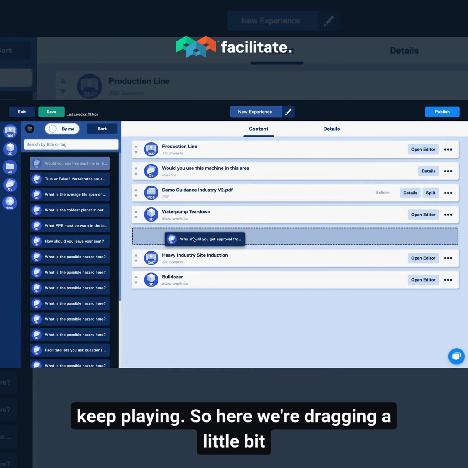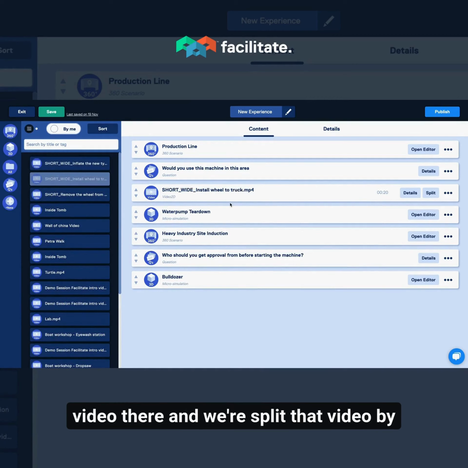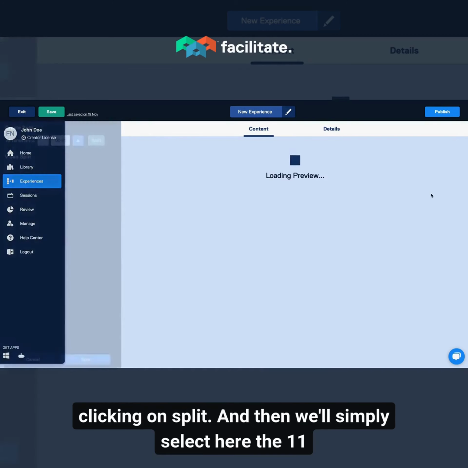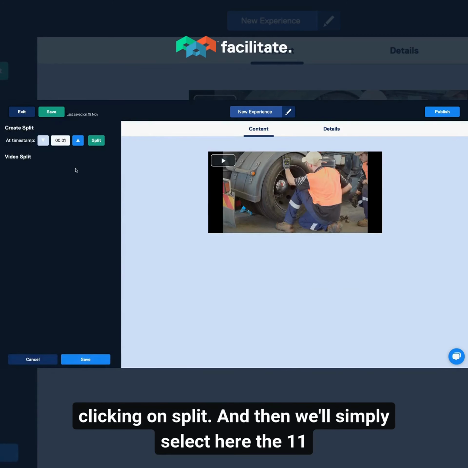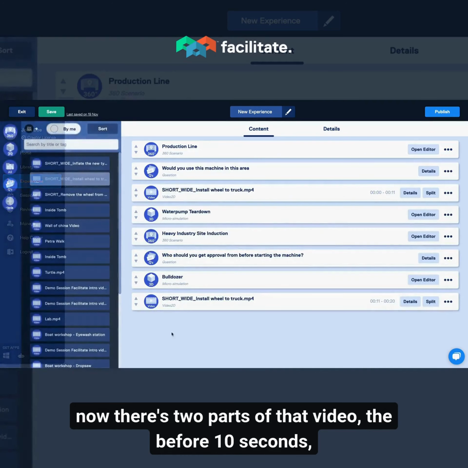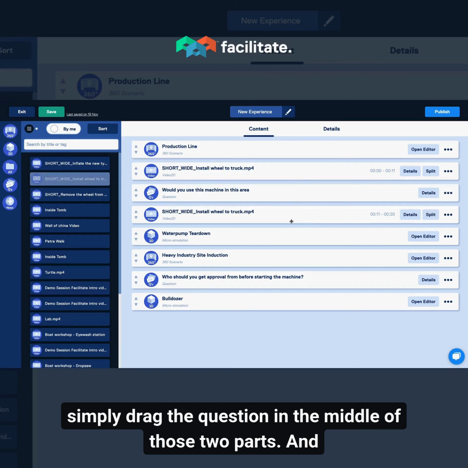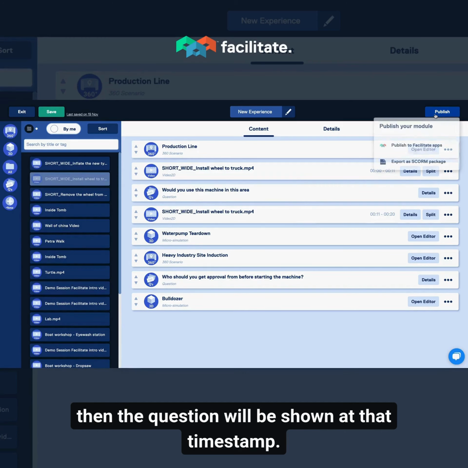So we'll see here we dragged in a little bit of content into this experience, and now we've got a video there, and we're going to split that video by clicking on split, and then we'll simply select here the 11-second mark, and we'll click split. And done. So now there's 2 parts of that video, the before 11 and the after 11 seconds. And you simply drag the question into the middle of those 2 parts, and then the question will be shown